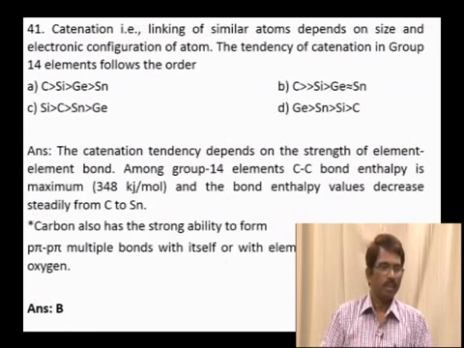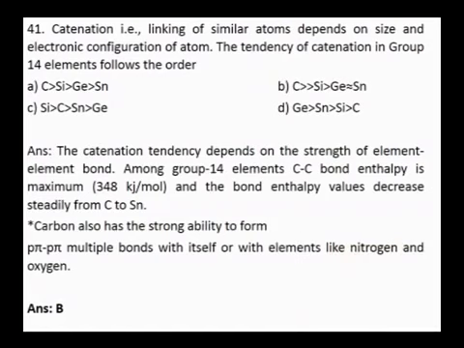Into question number 41, catenation, that is the linking of similar atoms, depends on the size and electronic configuration of the atom. The tendency of catenation in group 14 elements follows the order. So the options are given as A, B, C, D, and the catenation tendency, as I said in the earlier synopsis,